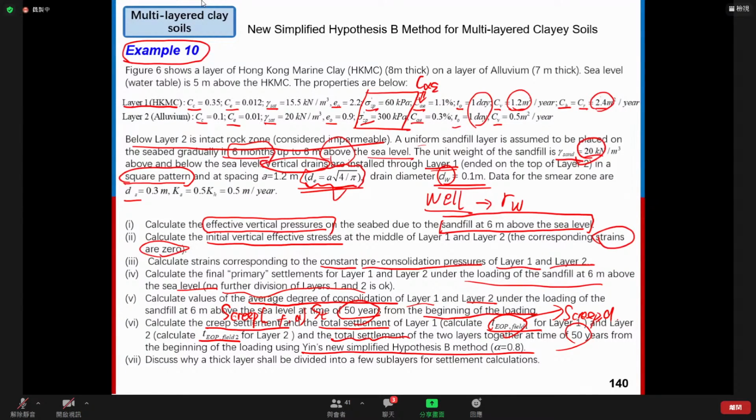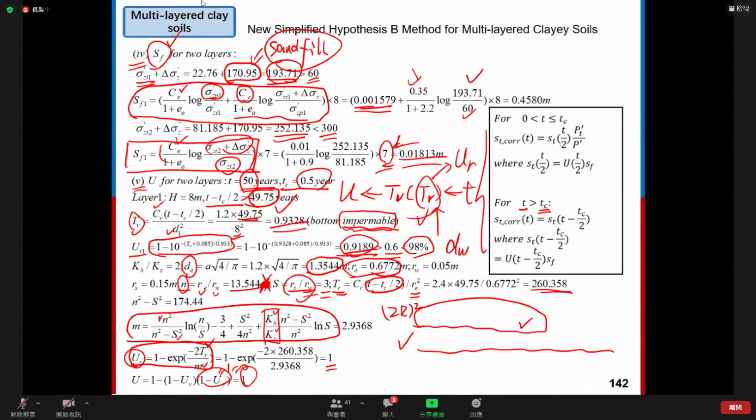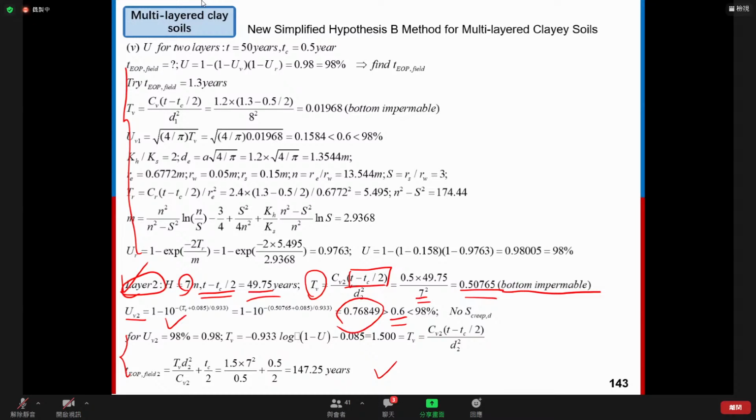Sum up the total settlement of layer 1 and the settlement of layer 2. We just sum them up, okay? So let's see. First thing is to calculate the TEOP at field for layer 1 and for layer 2, right? It will be a little bit troublesome to calculate the TEOP at field for layer 1 because